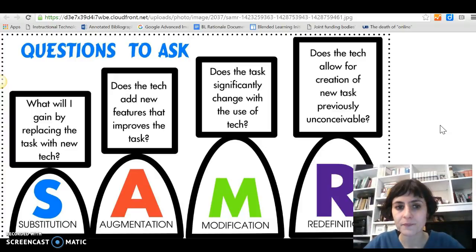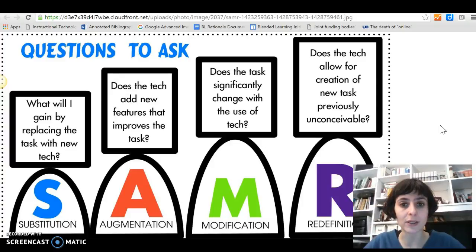really needed? Could I complete my learning activity or learning task without the use of technology? Is there any added value by using technology or not? If that isn't the case, then well, I don't use technology. So we shouldn't feel pressured of using technology for the sake of using technology. We should instead rethink our task and try to see the potential of a technology tool in the achievement of